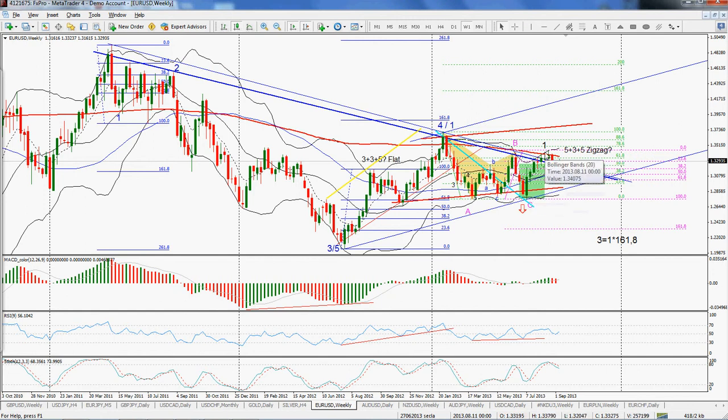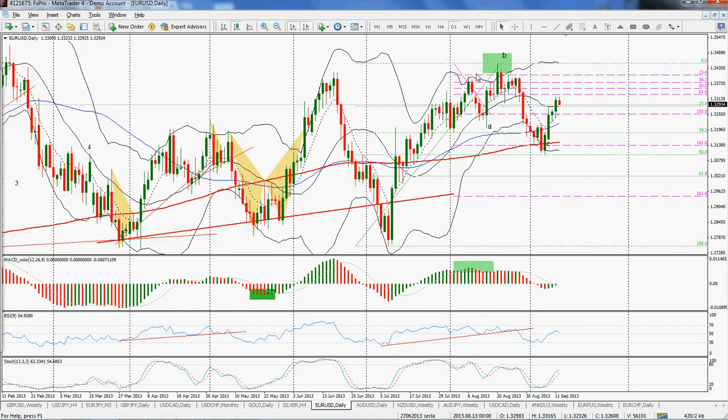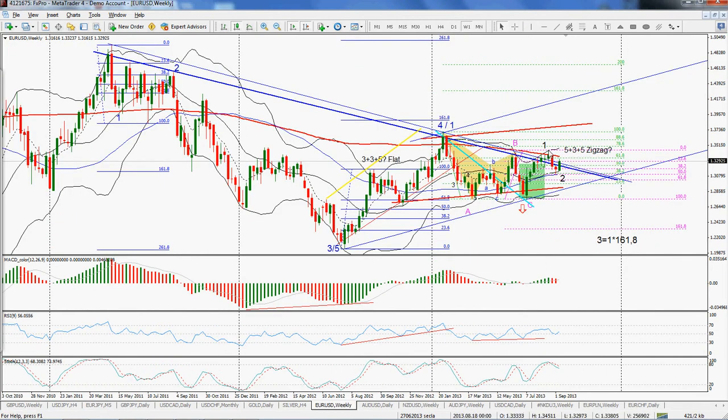As I said in my last weekly analysis, that might be a first wave up, so an impulse. That might be a correction in ABC, and you can see it here on the daily chart. It's A, B, and C, very precisely, very exactly to the 161 Fibonacci level. And here, if the market keeps going up and breaks this level, that will be information for me. Okay, we had a 1 and we had a 2, and that's most probably the third